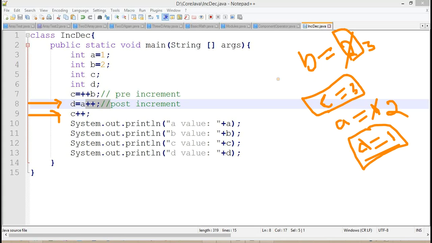So whenever we are coming out of line number 9 and entering into line number 10, the C value becomes 4 here. Getting the point. So the values we are going to print here: A value will become 2 and B value will become 1 here.